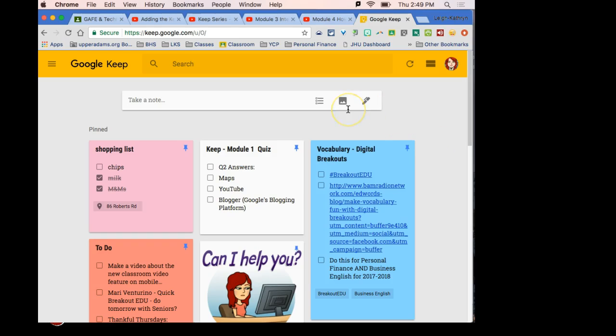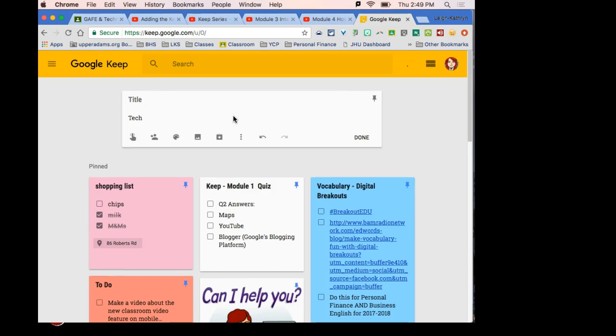So basically, the really important thing here is this white bar in the middle. This is where you make a note. So maybe we want to take a note on, I'm going to click on the title, Tech Trainings. Go ahead and type in Tech Trainings. We'll get to that.